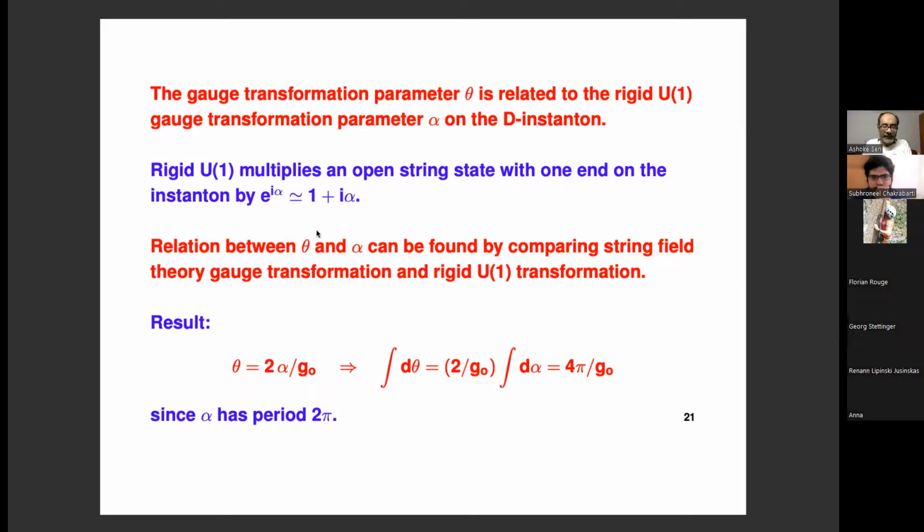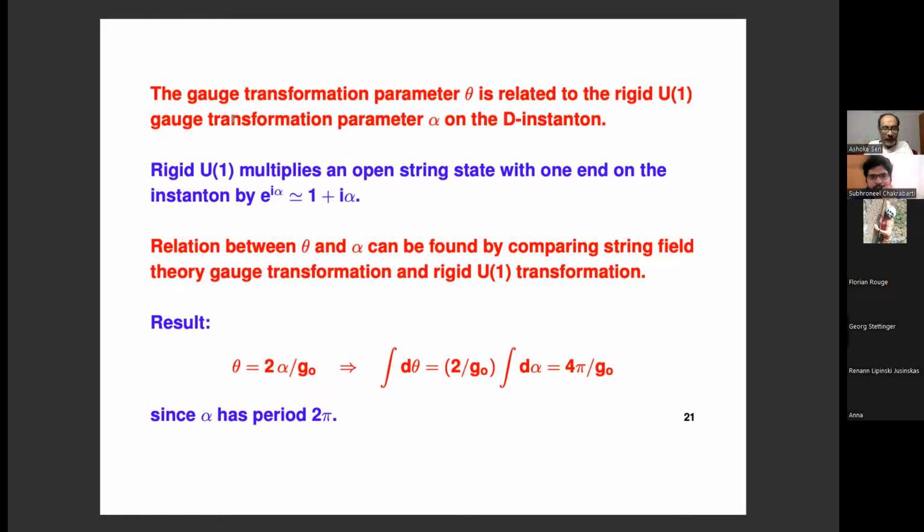Okay, theta is the gauge transformation parameter of string field, right? Yes. Now you're talking about when h is 0. Okay, a single D instanton. Theta is still a gauge transformation parameter of that theory. Okay, and you know how theta acts on the various fields, right? In particular, if you have an open string that is hanging from the D instanton to a neighboring D instanton or another D plane, we have the gauge transformation laws of open string field theory to find out how theta acts on that state.